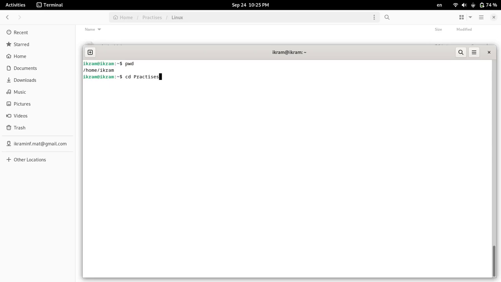If we want to change the directory, suppose we have a directory practices/linux, we can go there using the cd command, that is change directory. If we print the directory again, we get